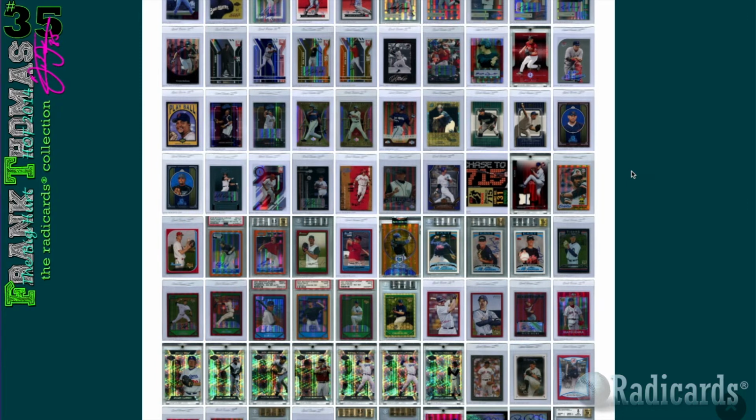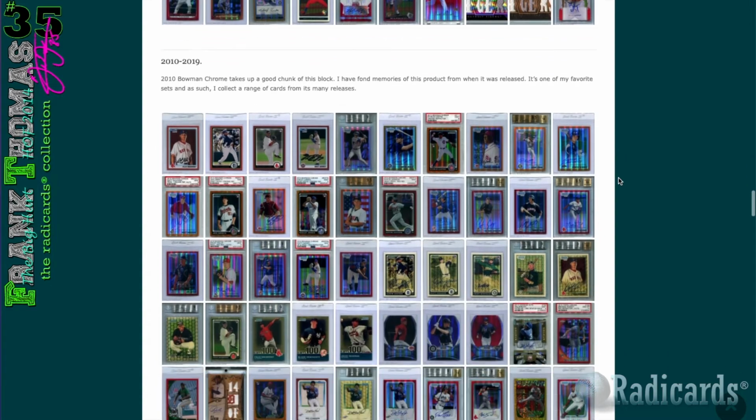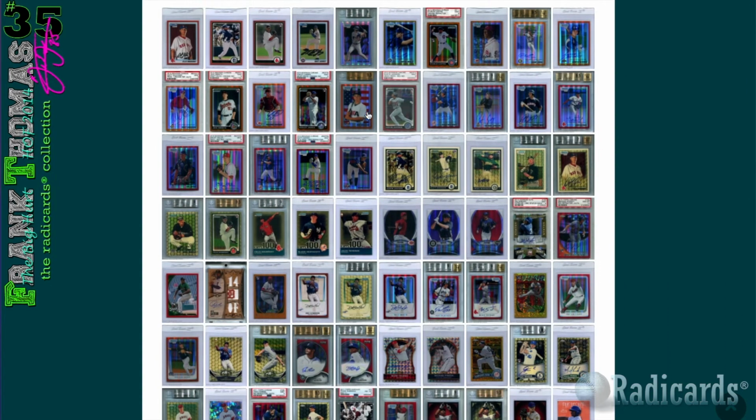And it might not be autographed, but what I had rules with, say as we move forward into 2010 Bowman Chromes, look how much smaller it is. It's just a couple of rows here. Well, a few rows. It kind of moves into four rows here. But what I did here is, if I have an orange refractor that's autographed to 25 and I have a red refractor that's not autographed to 5, I would just showcase the 25 orange refractor auto because